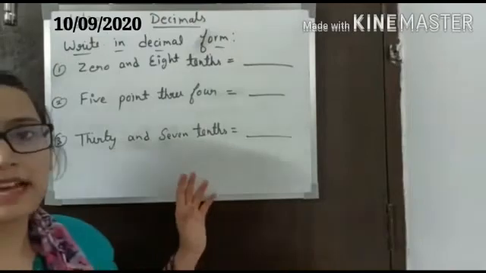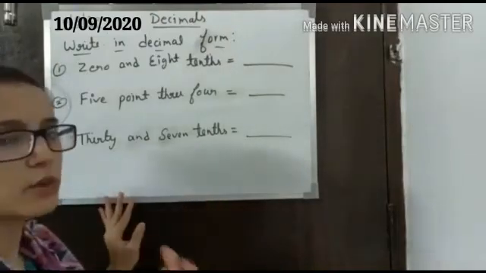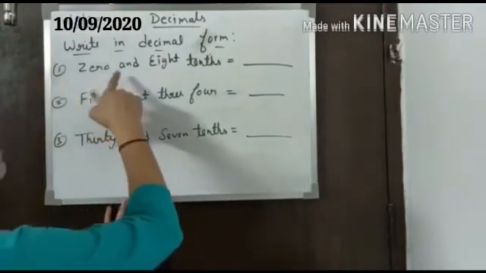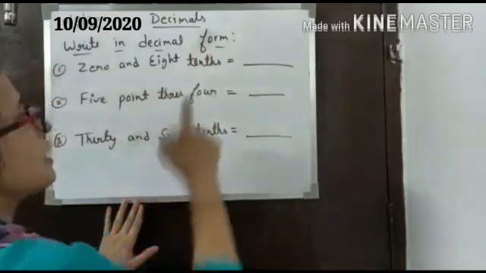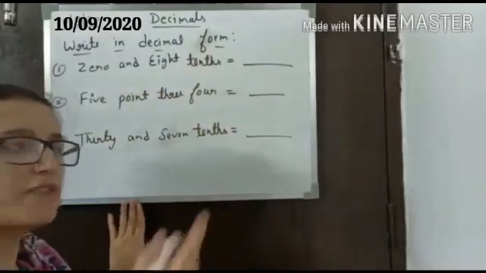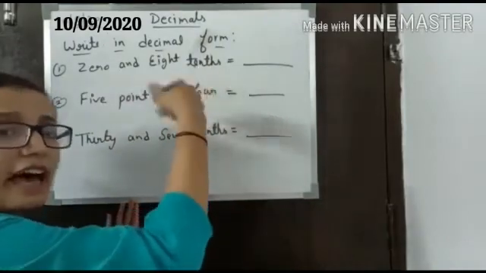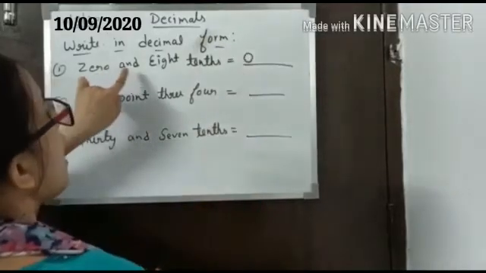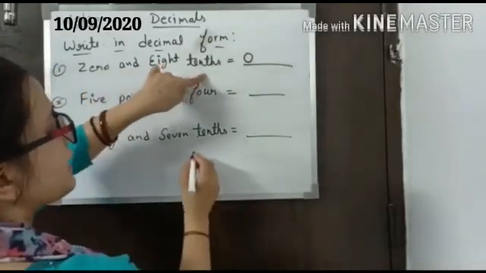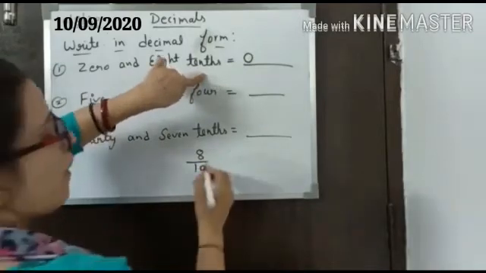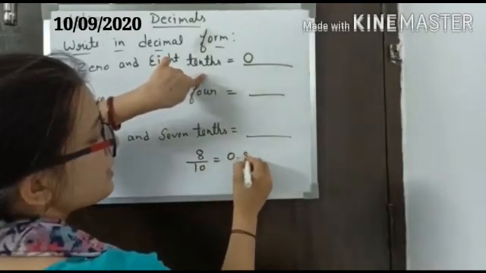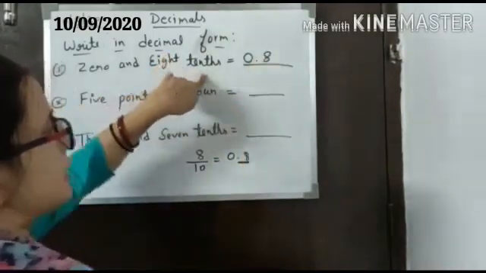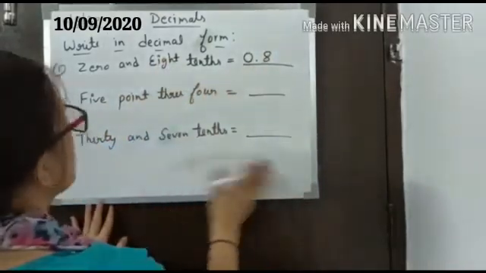Let us solve this kind of question also. In this question we have to convert words into decimal form. So we will solve one by one. First part, 0 and 8 tenths. Whenever we see this kind of question, first we have to read this line, and after that we will write it as it is. How? Write 0 and 8 tenths. 8 tenths means 8 by 10, or in decimal form 0.8. So we will take this one, and after that we will write here 0.8. So 0.8. Now second part,